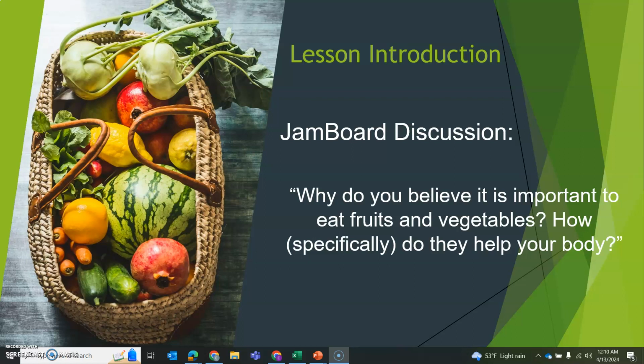First, they're going to participate in a Jamboard discussion where they'll talk about why they believe it's important to eat fruits and vegetables and how they think that those help the body to function appropriately. This activity will help the teacher to see if there's any prior knowledge that the students may have individually, but it'll also help to identify any misconceptions that need to be addressed. Once that activity is done, the teacher will be able to move on to a Tinker tutorial about how to